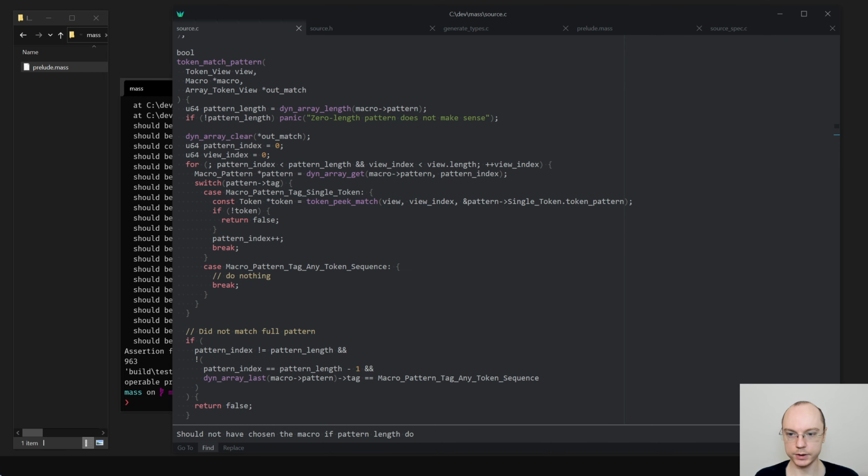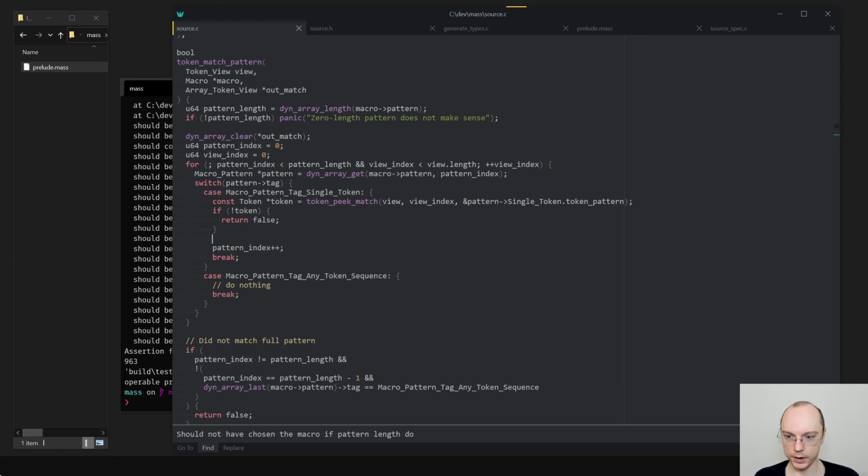So instead of just doing this stuff, we will actually start pushing the token views into the thing. So dynamic array push out match, and here will be token view.